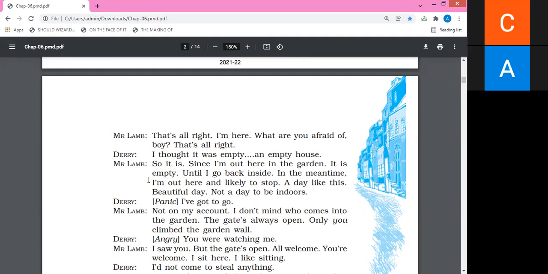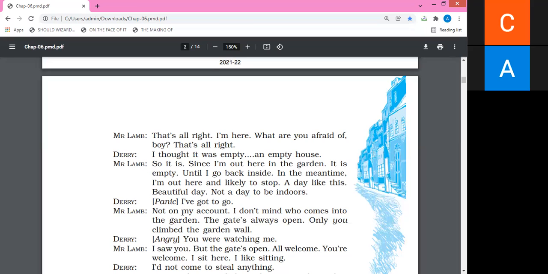Here you are able to look at the character trait of Mr. Lamb. Mr. Lamb was a lover of nature. I think very clear. If we look at the basic character trait here, we are able to see that he would never ever like to enter into his house. The reason behind that was he liked the weather condition on that particular day. He wanted to enjoy the nature because he was a nature lover. He used to love nature from the core of his heart. I think very clear up to this particular point.